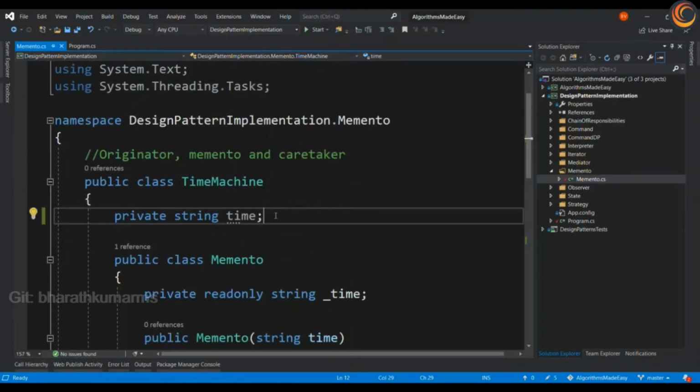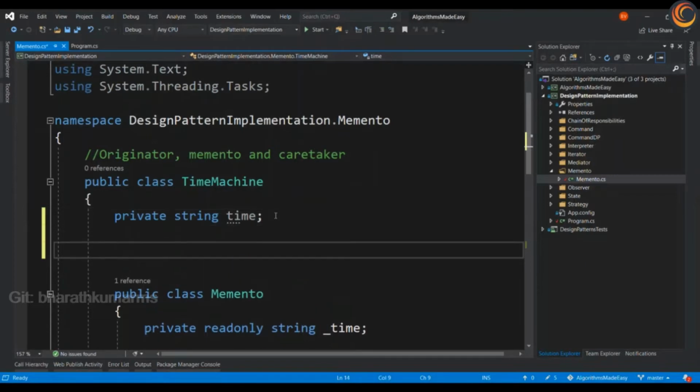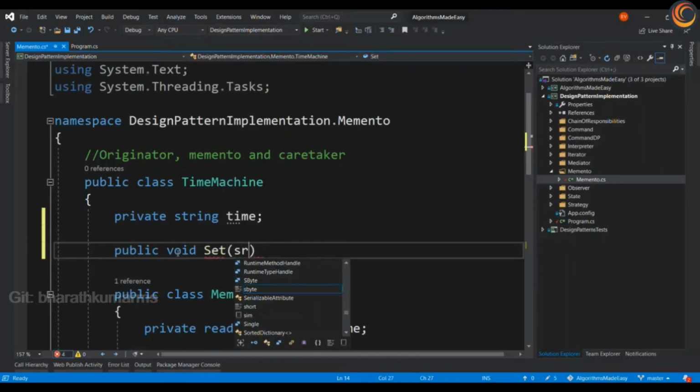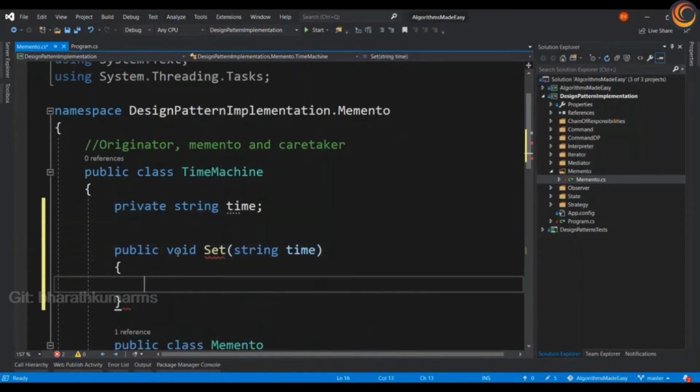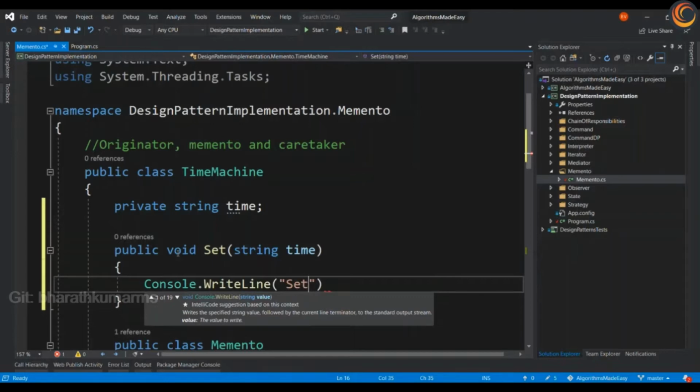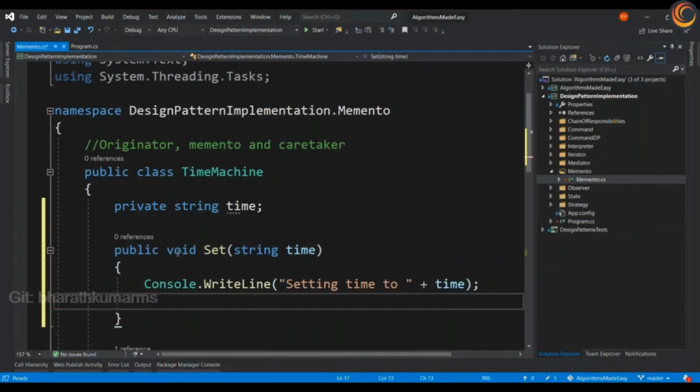Now let's implement the time machine class. First, let us create a setter. Pretty simple.